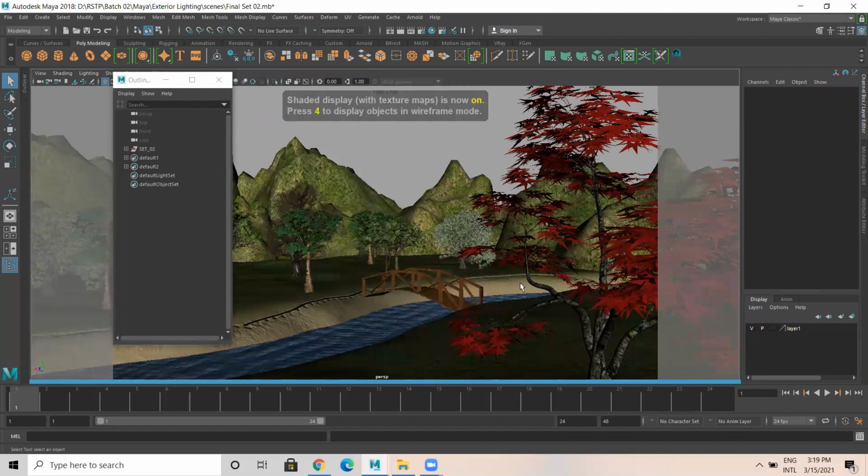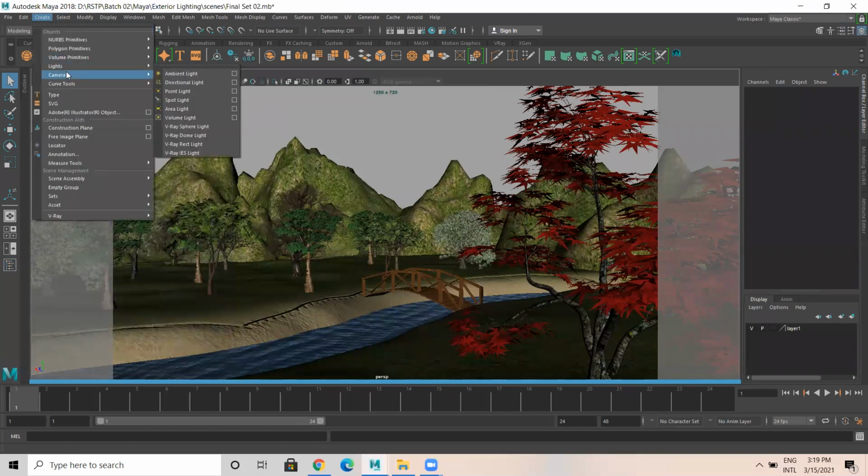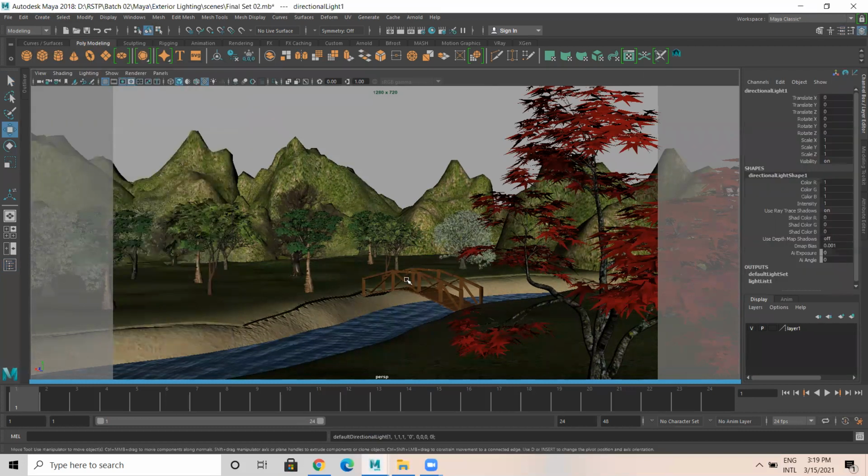So then it's clean now. Let me create a light first. Obviously I need a direction light. The direction light is over here. Let's say the light direction is from this particular side.